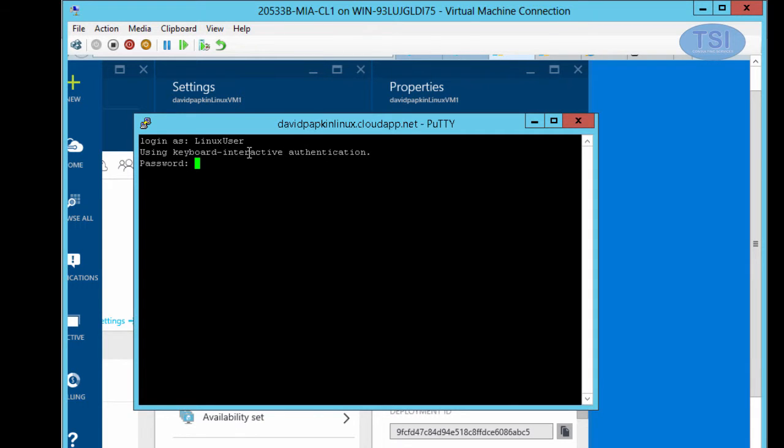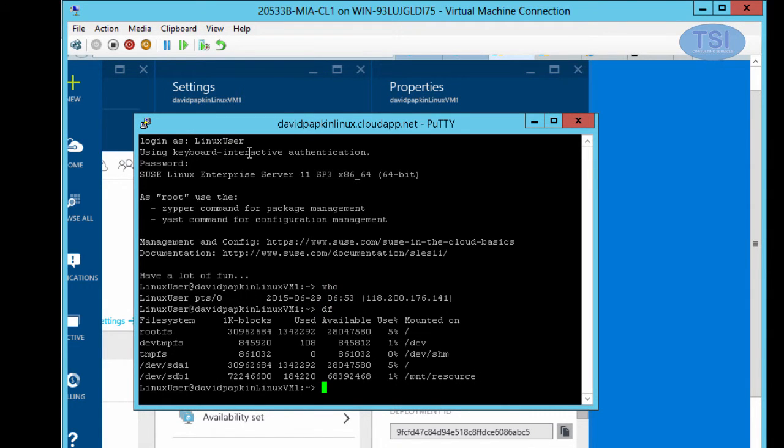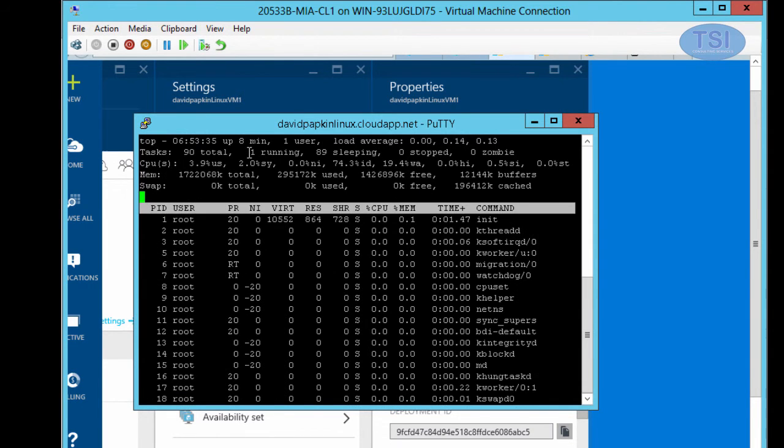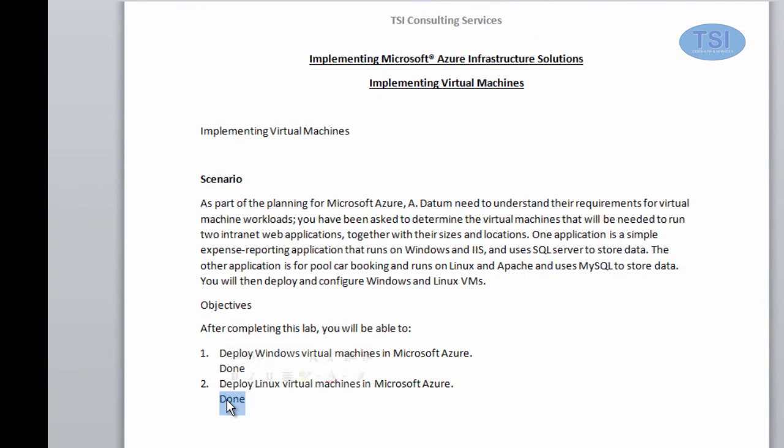So that's propagated inside. Who, Linux user, dir, df, processes, and then top, which is text-only processor, real-time process monitoring. Okay, well that will conclude